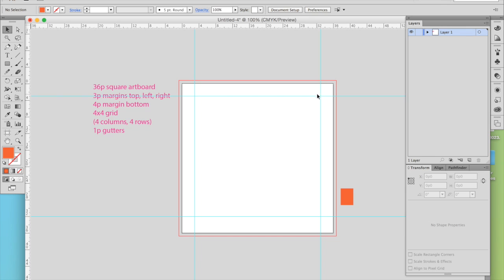These 4 guidelines represent the margins. So it's not the edge of the paper, this is the edge of my grid that I'm going to build. Now, it's the same thing with the grid inside. We basically want to divide it evenly in 4 horizontally and vertically. But we want to leave room for gutters, which is a very thin space between our columns